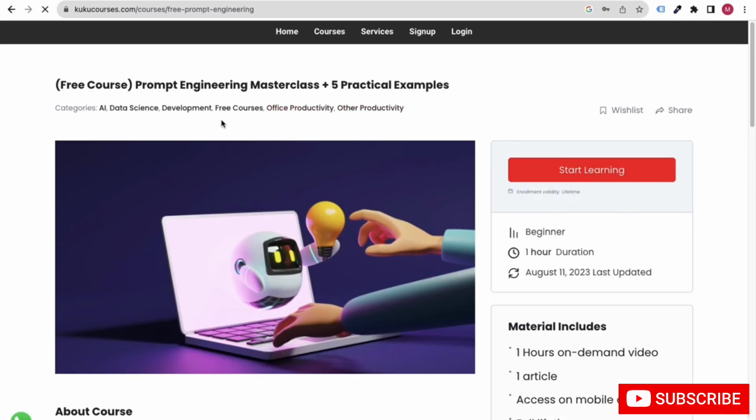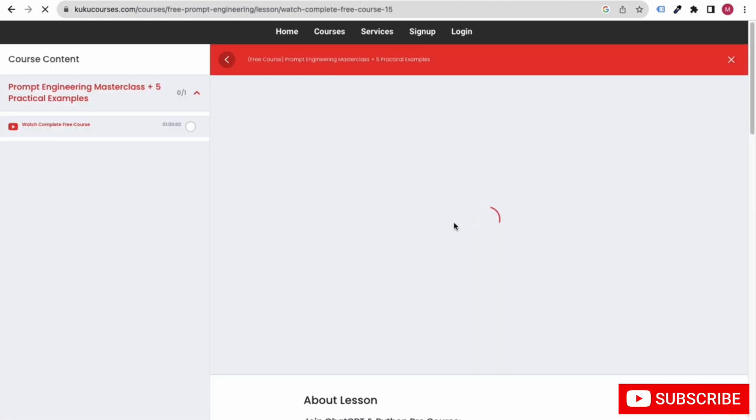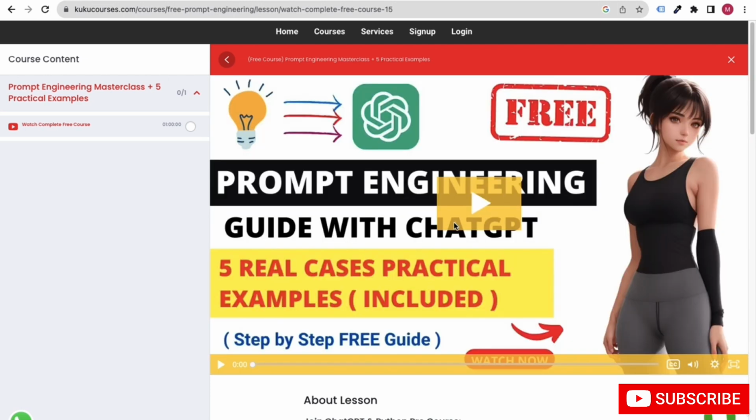If you want to know about prompt engineering, it is a very high demanding topic in the world, because it's related to AI, that is artificial intelligence. If you click on this start learning button, here we have covered prompt engineering using ChatGPT. You might have heard about ChatGPT. So you can first of all learn what prompt engineering is with this skill, and on this basis also you can create APIs related to this.